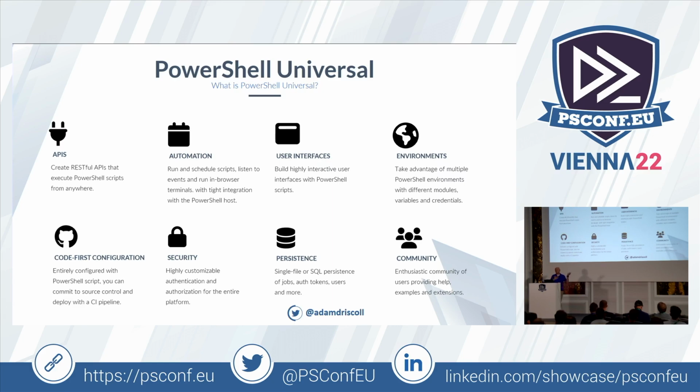And then you can check those into GitHub and push out the changes through a CI pipeline to your different PowerShell Universal servers. The entire thing has a security layer over it, so we have lots of different security providers like OpenID Connect, SAML2, Forms authentication, Windows authentication, and then role-based access controls. And then new to this version is SQL persistence. We always had a single file database that stored things like job runs, output from those jobs like pipeline output, auth tokens, and users. But now we have it in a SQL server, so you can distribute your